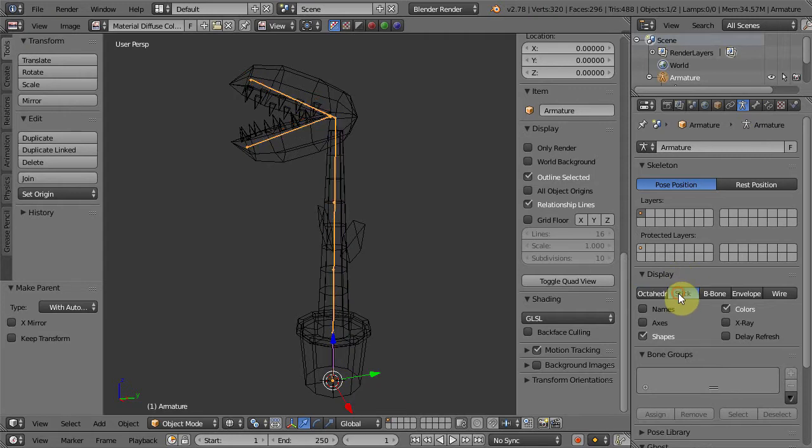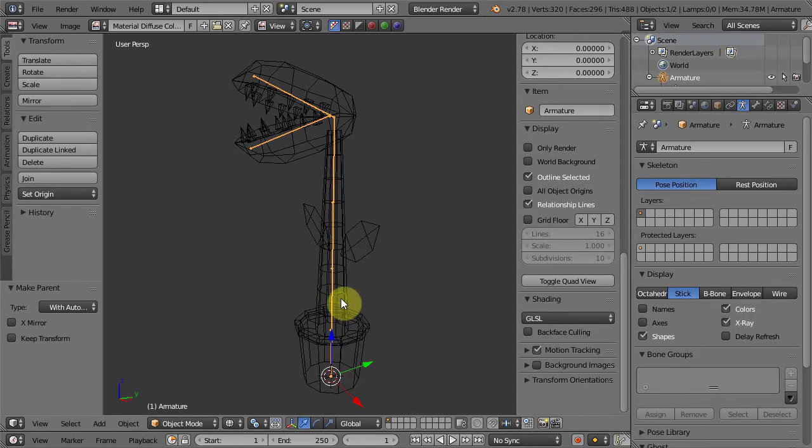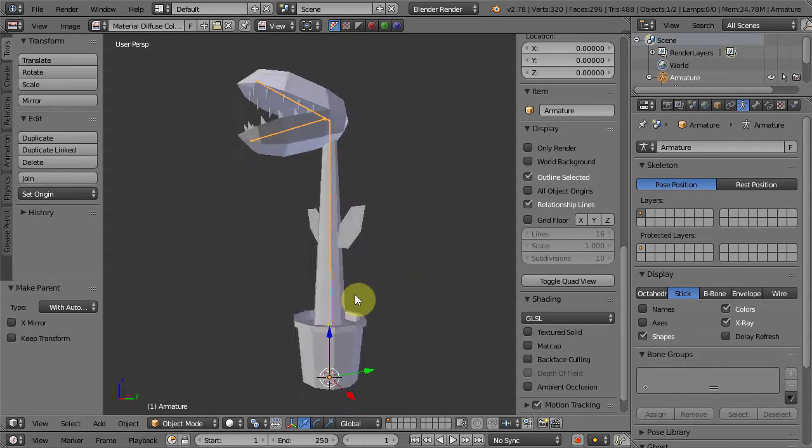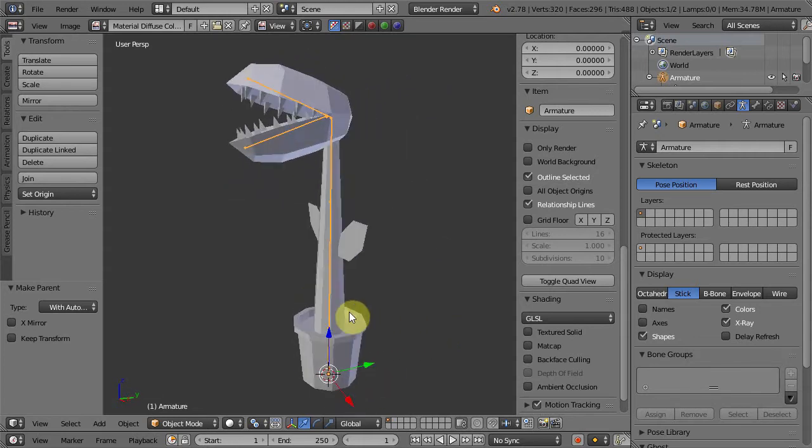In the display section, change the bone display to stick. This option will only change how Blender displays those bones, and this does not affect anything on how they work. Next, we want to always see the bones even though they are located inside the 3D model. We can do that by turning on the X-ray option in here. Now, if we go to solid mode, we can see the bones clearly as they are always rendered on top of the 3D model, therefore easier to select when doing any animation.